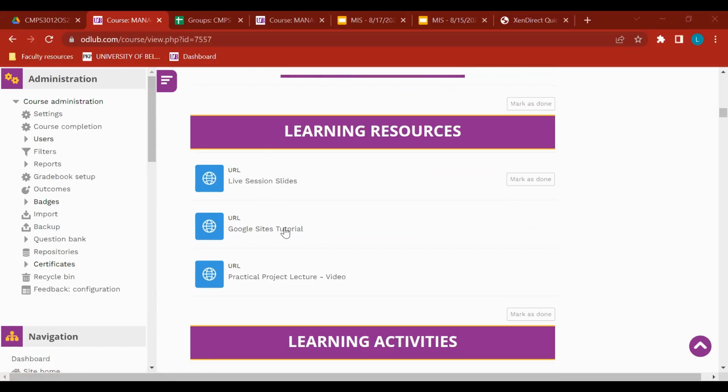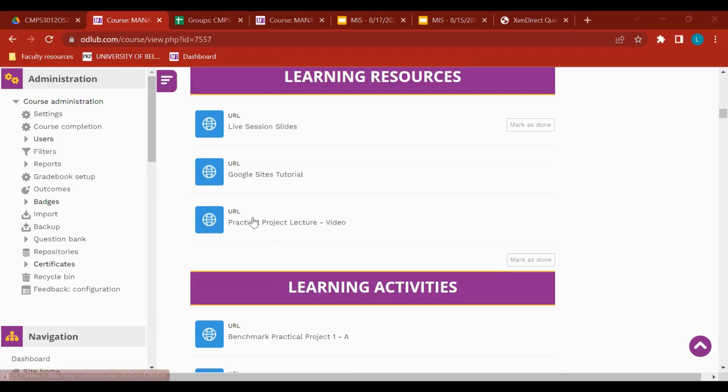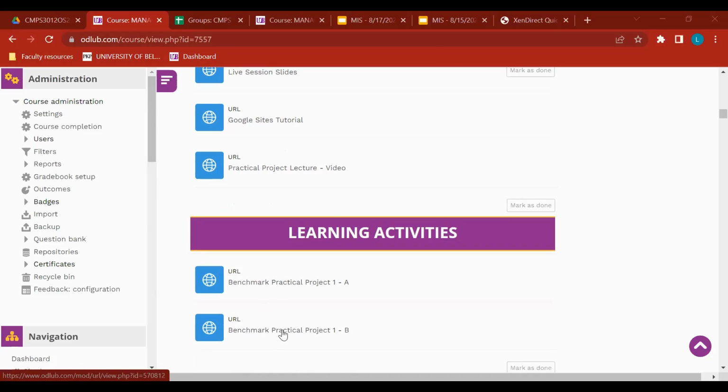Next week, we are going to actually be building a website in class together using Google Sites. And so we have the tutorial. If you have the time and you want to go ahead of the class, that's up to you. But next week Monday, we're going to be doing that in class together. And then by Sunday of that week, your entire website project becomes due. So as a group, you guys are going to decide who is going to do what part of it, who is going to work on adding pictures to your website. It's really easy and it's really simple. And I have an example of one of those projects just to show you.